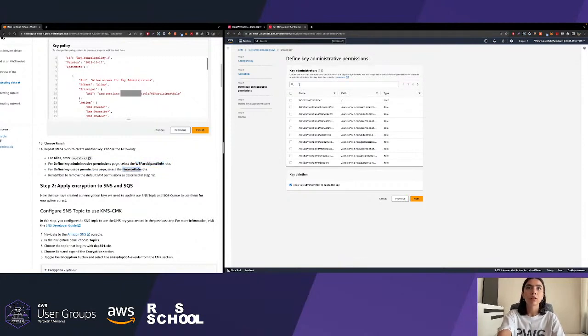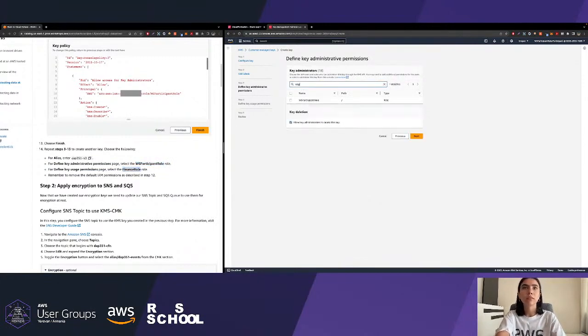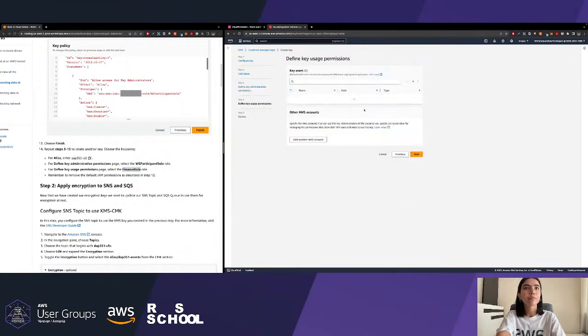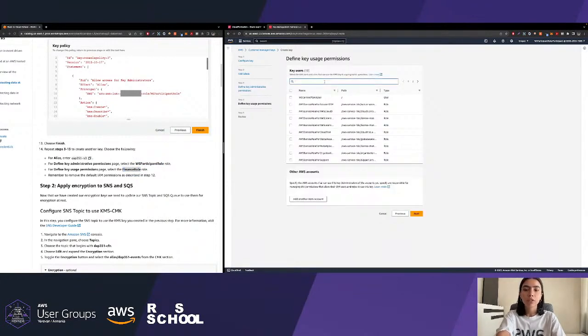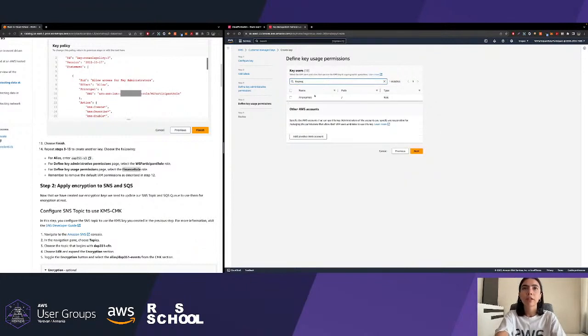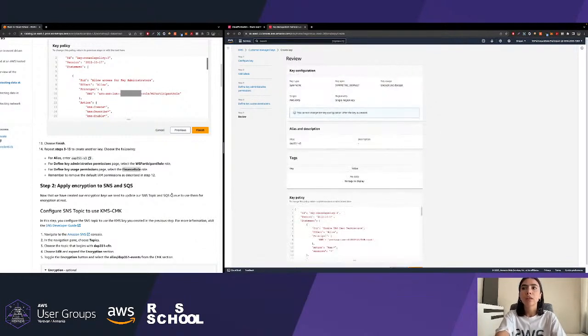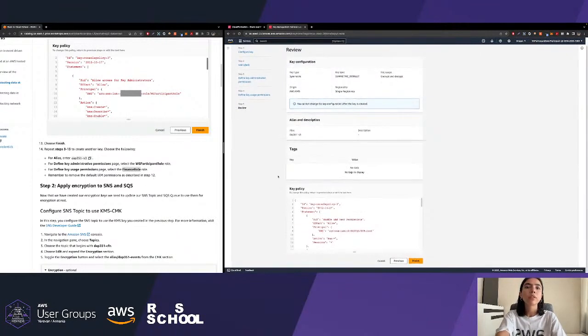Okay, let's go and do the exact same thing as the workshop says. And for the usage, the finance role. Okay, next. And we just need to repeat the steps.